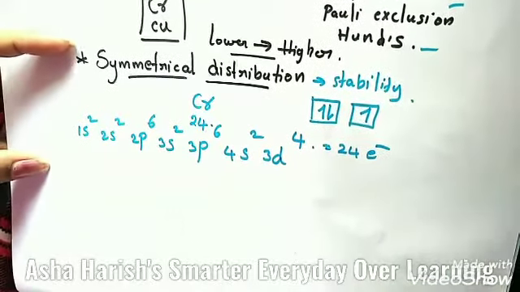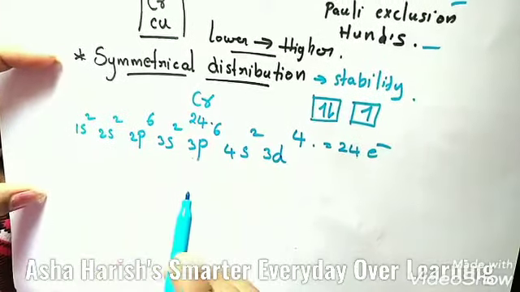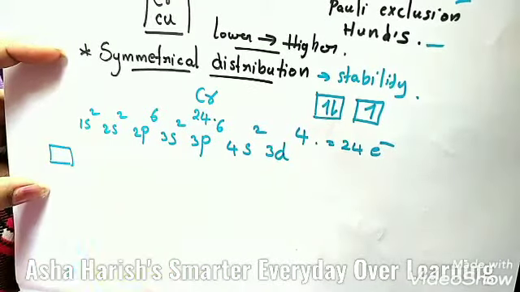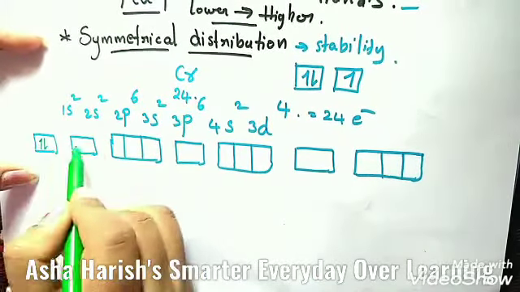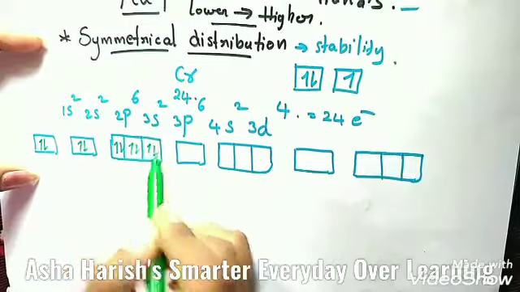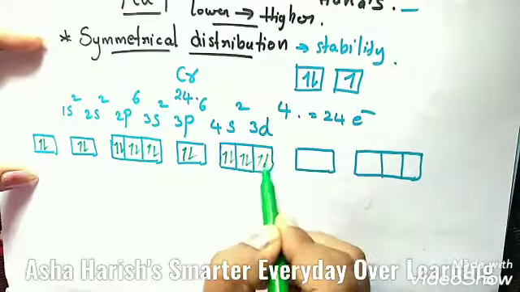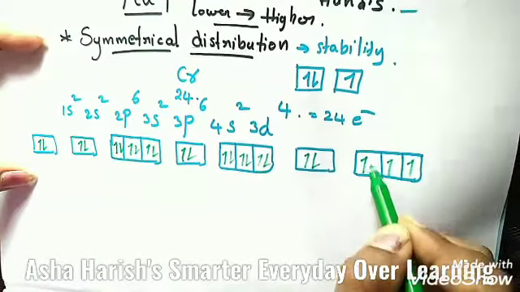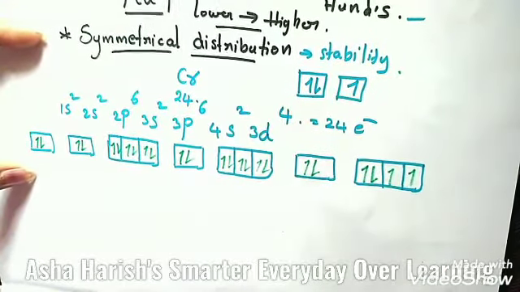24 electrons. And if you denote it with the electron spin, this is the 1s orbital. You can draw like this, students, 1s orbital. It must contain 2 electrons with opposite spin. Here also 2s2, 2p6, that means 1, 2, 3, 4, 5, 6 students, and 3s2 like this. Again here 3p6 means 6 electrons must be filled like this, and 4s2, here 2 electrons, 3d4. Okay, students, this is the arrangement of the electrons.